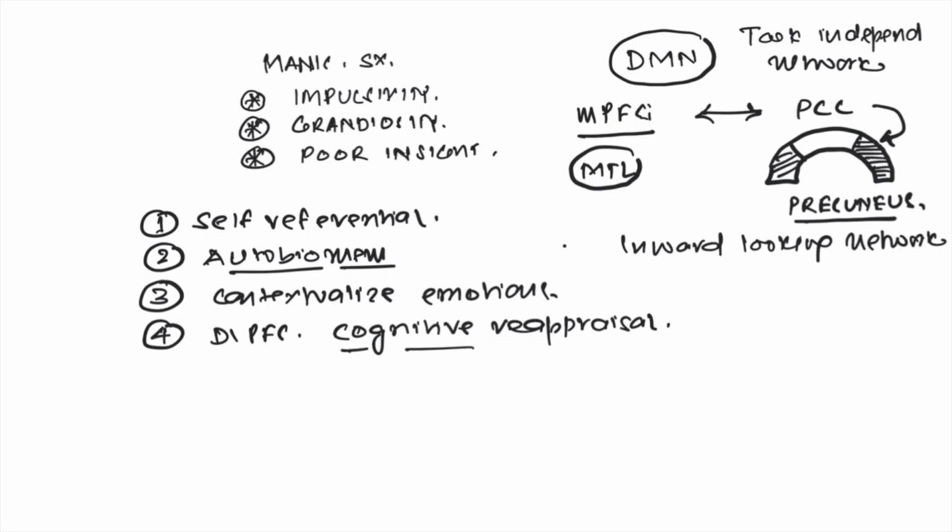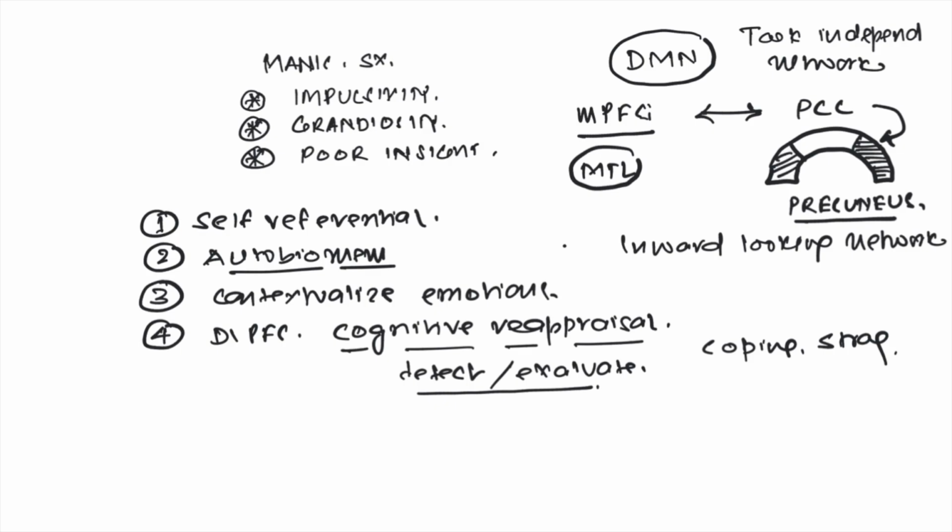Cognitive reappraisal basically means our ability to detect, as well as evaluate, an emotionally arousing situation and come up with some coping strategies that you can use to decrease that emotional distress. That's your cognitive reappraisal, right? So it's a function of the dorsolateral prefrontal cortex, but the default mode network plays an important role in the cognitive reappraisal. So if you have a problem with your default mode network, you can have problems with your